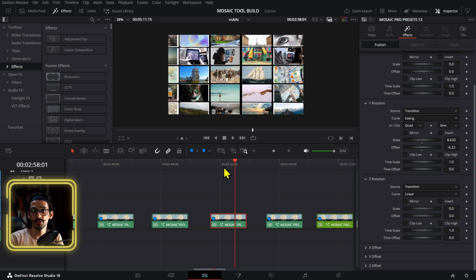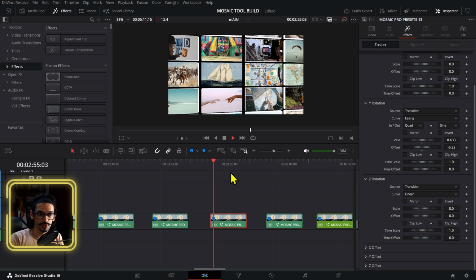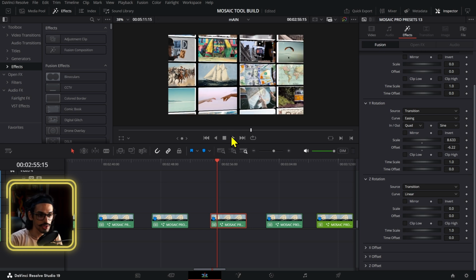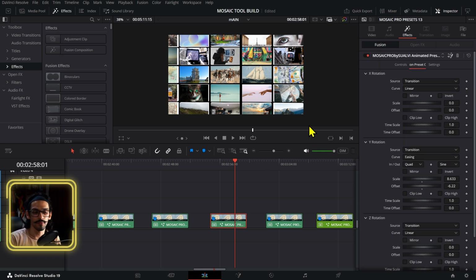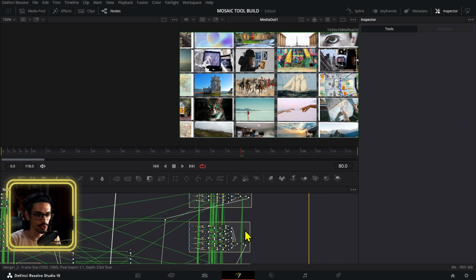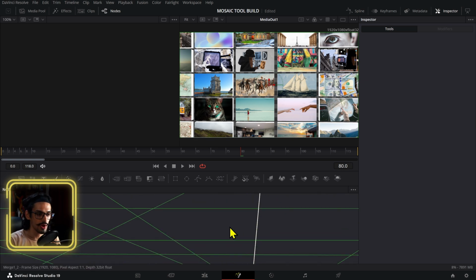So basically there's 30 different preset animations that you can just drag and drop to your projects so that you can mix them up like that. And you can modify these and modify the curves, add custom curves, as I mentioned in the previous video as well. Now, the reason why I left these as a group is also so that you can go into Fusion